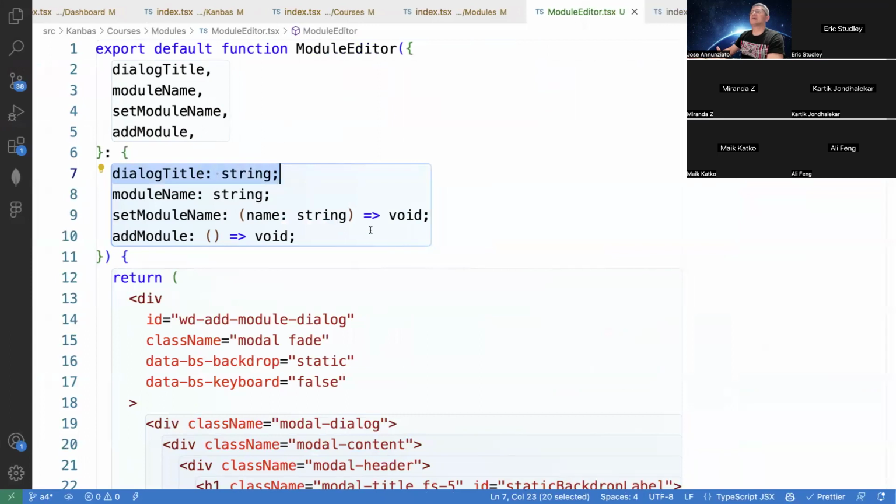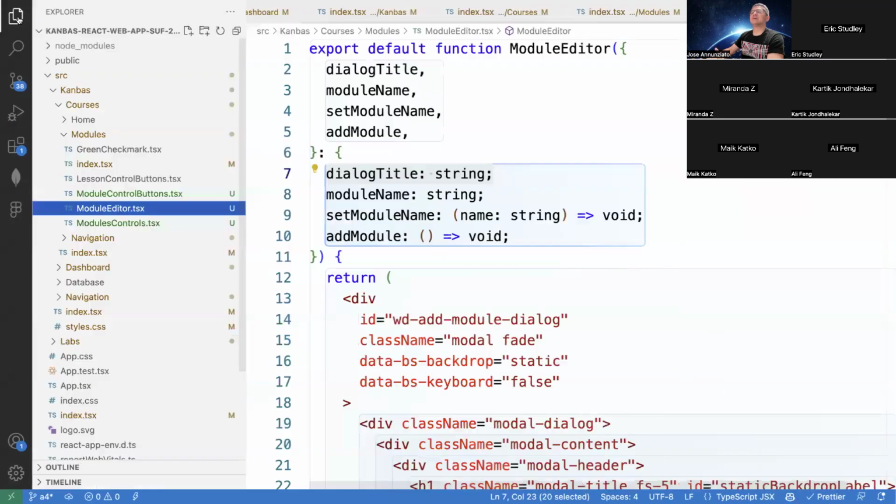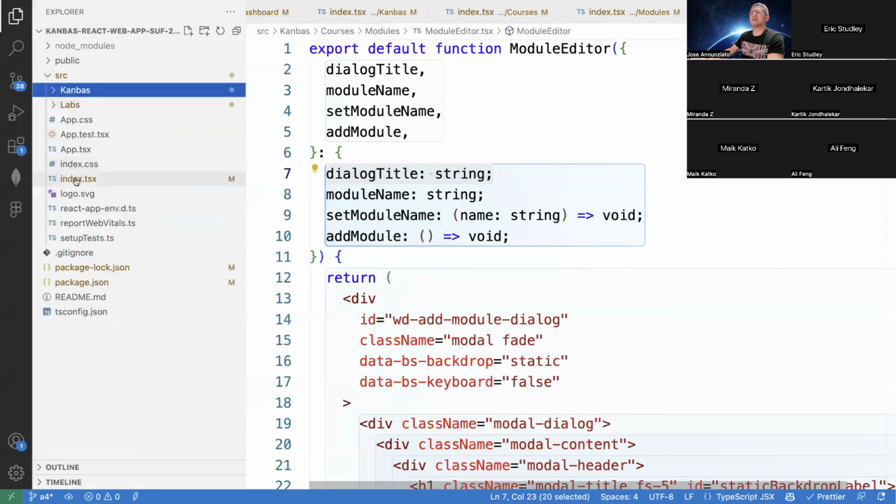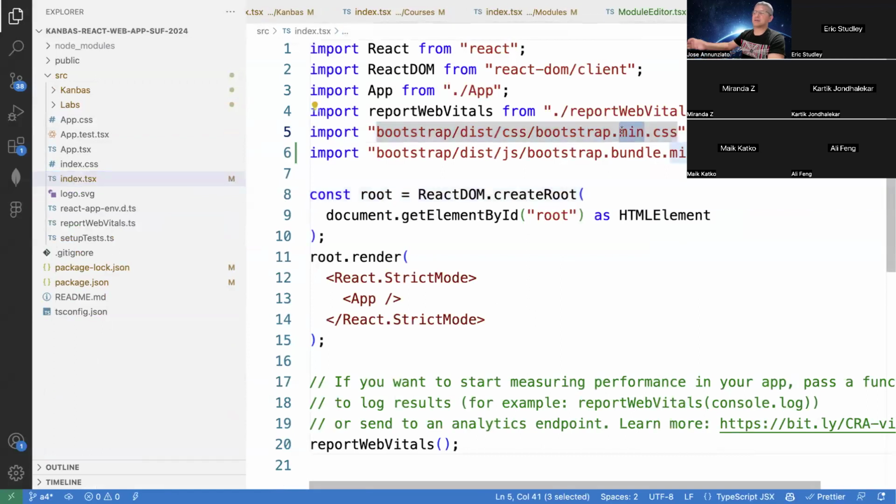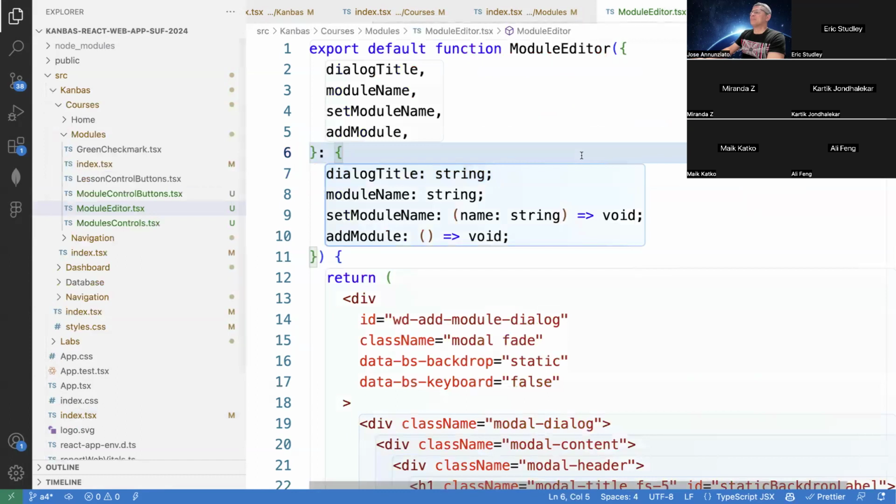Now, for this to work, you will need to have imported Bootstrap's JavaScript. So I did that here in the index. Remember that we had imported the Bootstrap CSS a while back, when we did assignment 2, I think. But many of the components that do animation or modals or drop downs do need the JavaScript as well. Most of them don't, but some of them do. And here I've added dependencies with the JavaScript module for Bootstrap. Yeah, so we have that dialog,